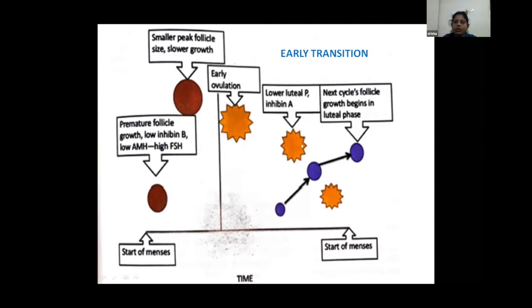As the luteal phase continues, the high FSH tries to again initiate follicle growth, which is again not very normal, but a slightly smaller follicle reaching ovulation size. So during the luteal phase of this cycle, the growth of the follicle happens for the next cycle itself. By the start of the menses, there is already a ripe follicle, which might lead to the frequent menstruation that is commonly seen in the perimenopausal age group.